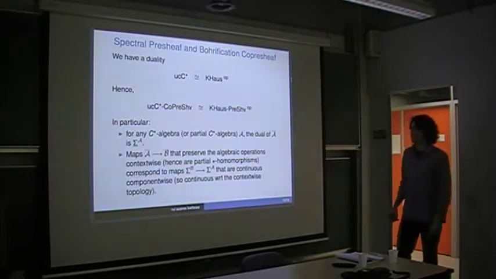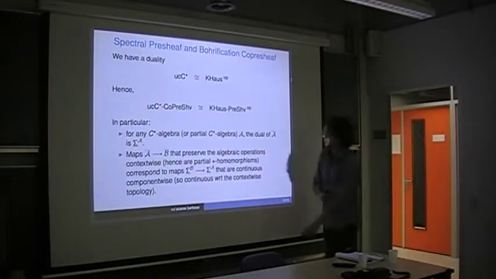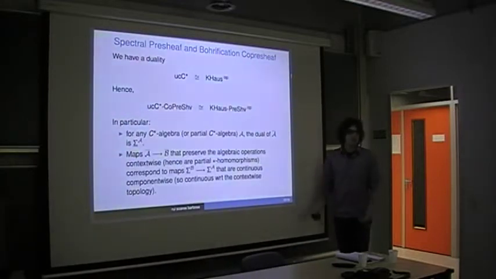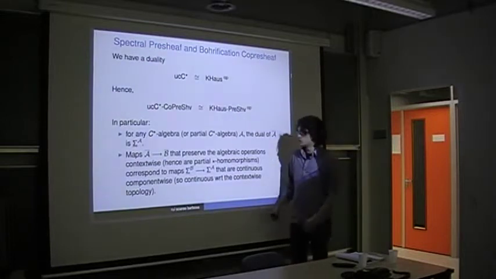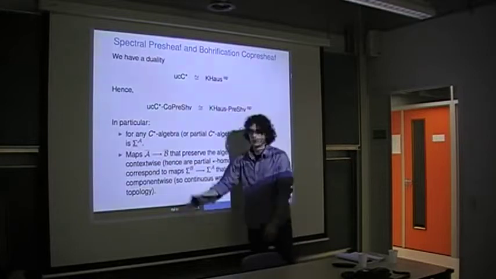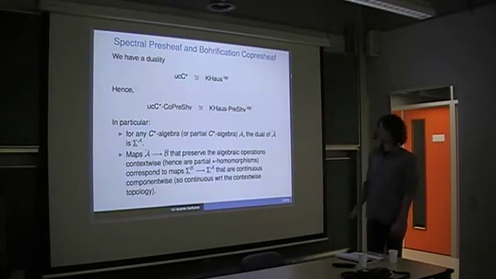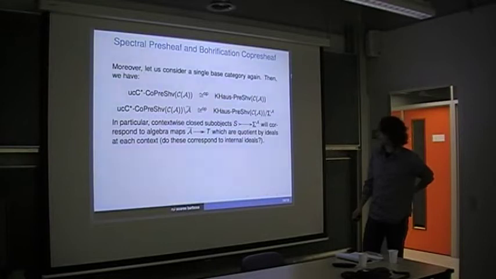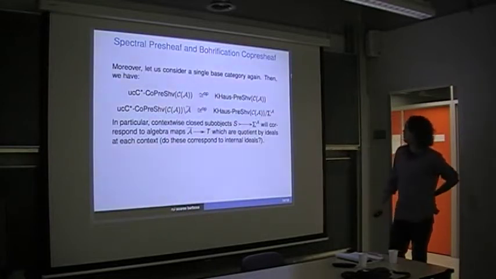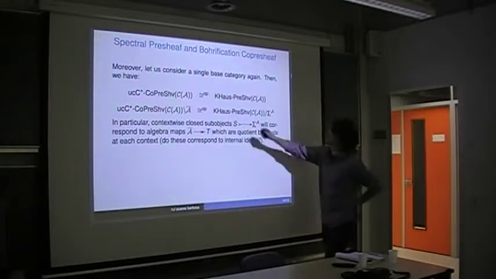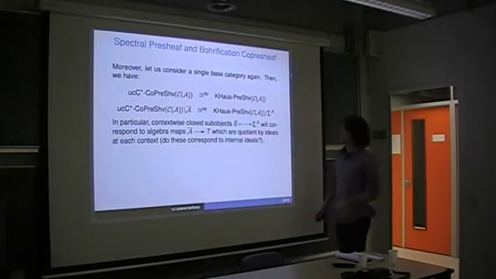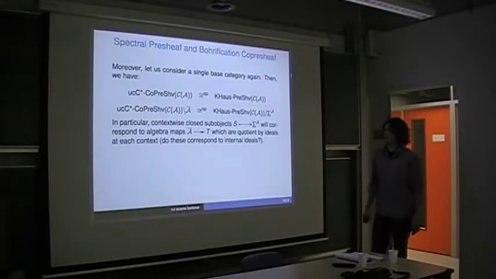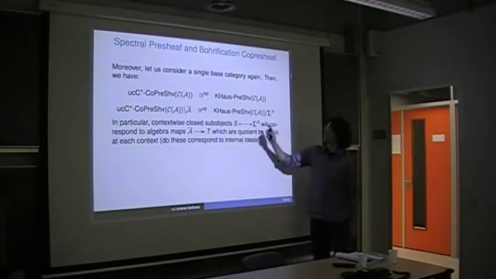Yes, so there's still the question of whether we could capture more than just that by adding some different topology or some more information to the spectral presheaf or to the co-presheaf, which will be the same thing as well. Also, there's a last point that I just want to make. If we just consider a single base category again, so we're just considering a single algebra, and we consider the Bohrification co-presheaf and the spectral presheaf, and we take these sliced categories, they'll also